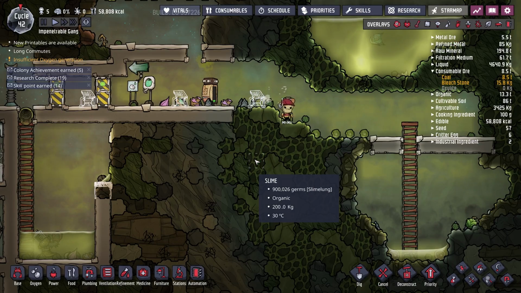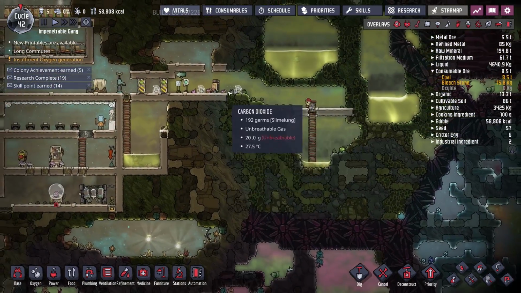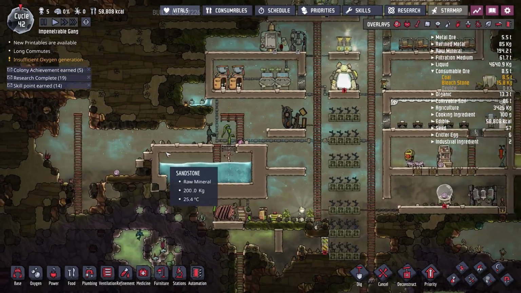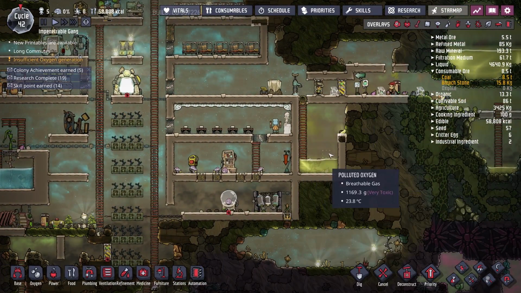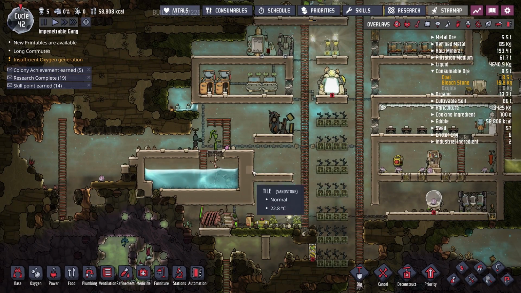At least I think that's how that works. I'm not 100% sure. But anyway, we'll let our duplicants do that. Another thing that I do want to work on in today's episode is finally moving this body of water here to match this body of water on the right, thus freeing up a ton of space here for us to